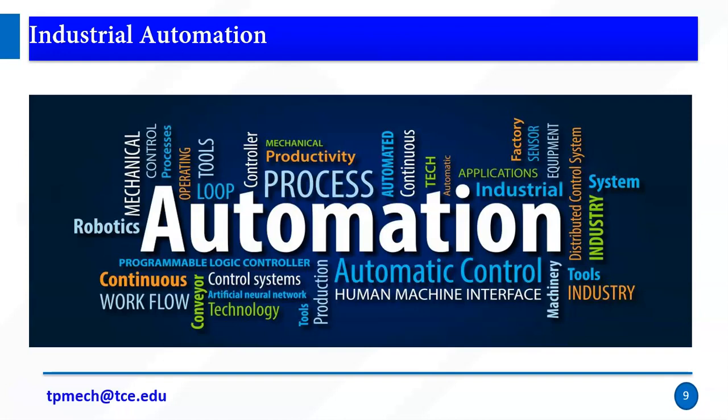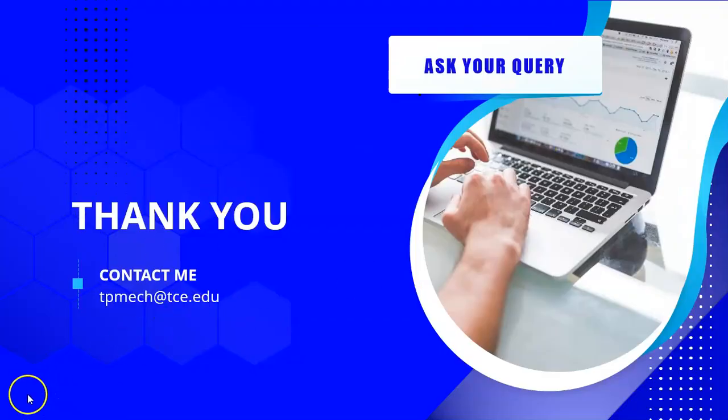So in the first thing, automation: generally we go with repeated task, monotonous work, human intervention minimum, automation, right? So our advantages: worker fatigue reduced, cost reduced, but initial investment is high, but if it is a mass production, cost is very low, right? So again how to automate in the sense it may be the fluid power and then PLC or other programming languages we go with, right? Okay, so